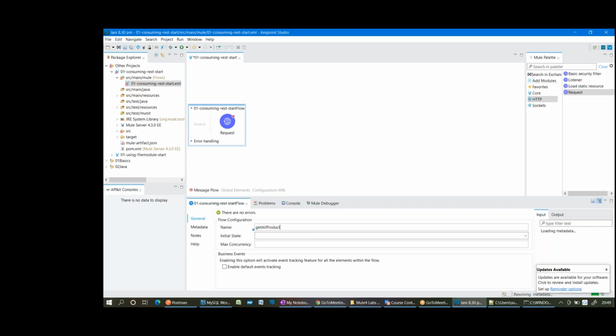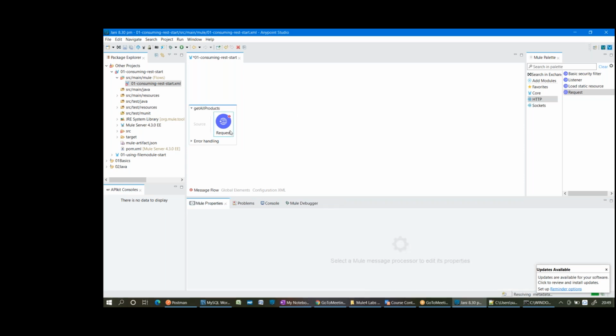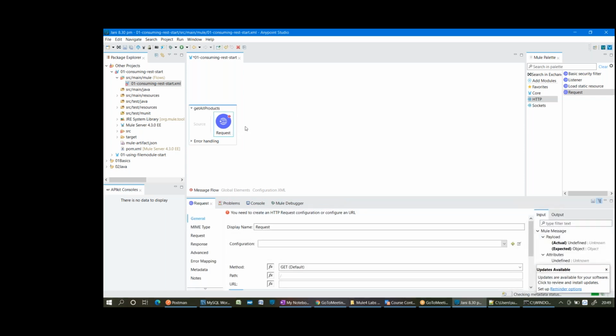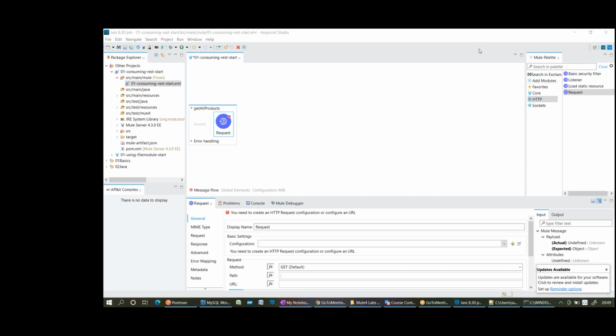Every connector will have some connector configurations, right? What do you mean by connector? What is a connector?